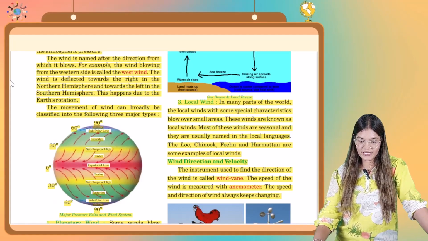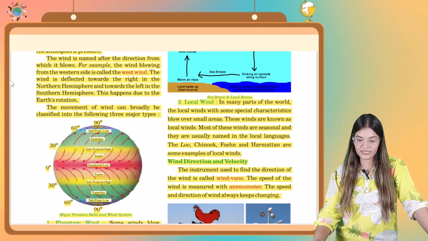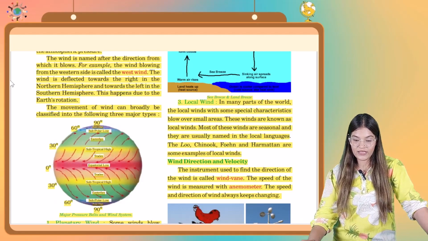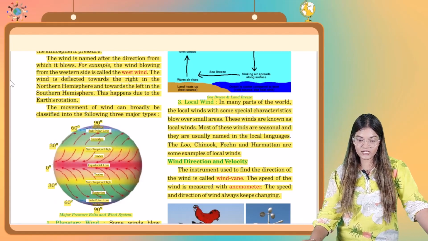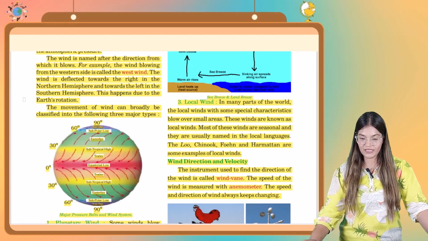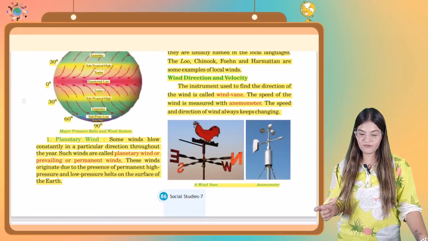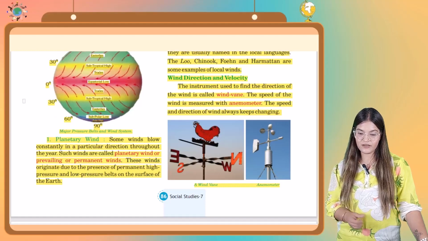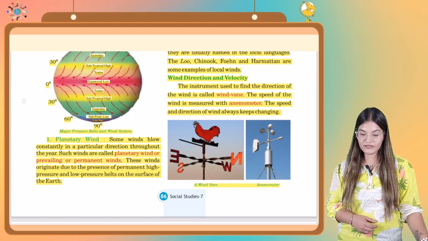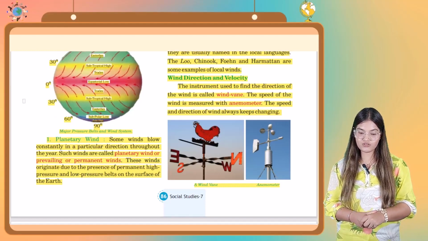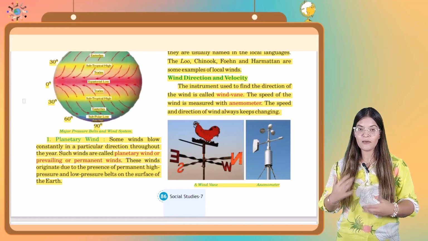Now next topic is wind direction and velocity. कैसे wind direction होता है? The instrument used to find the direction of the wind is called wind vane. ठीक है? The speed of the wind is measured with anemometer. The speed and direction of wind always keep changing, right? जो उसकी direction है wind की वो हमेशा बदलती रहती है,